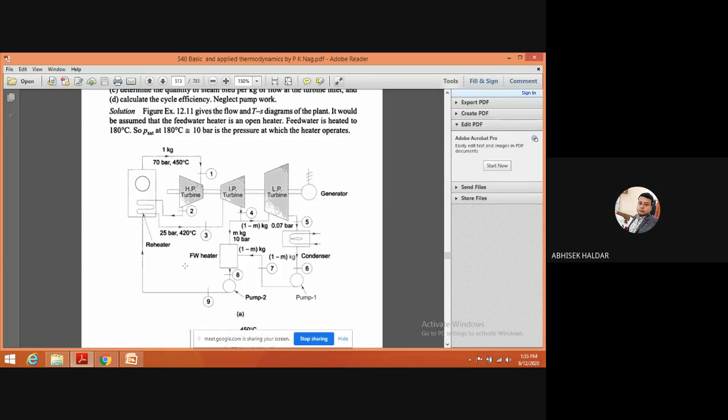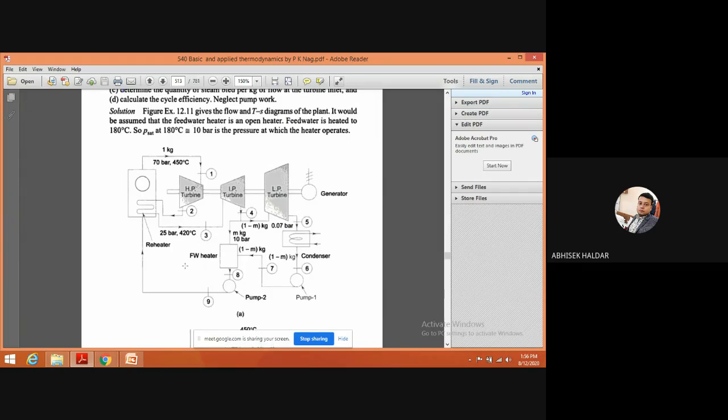Topping cycle you can compare with the binary vapor cycle. In the last class I have discussed the binary vapor cycle, the mercury cycle and your vapor cycle. Which was the topping cycle? Sir, mercury was there. So the mercury cycle is the topping cycle, and your water vapor, that means the steam cycle, is the bottoming cycle. So what is the overall efficiency? If we know the efficiency of the mercury cycle separately and the efficiency of the steam cycle separately, by using that equation 1 minus of (1 minus eta 1) into (1 minus eta 2), I can get the overall efficiency.